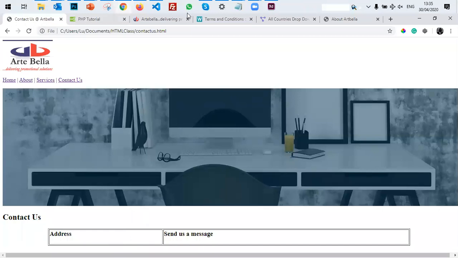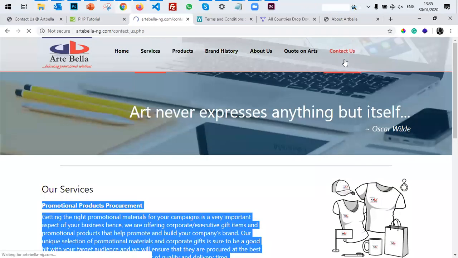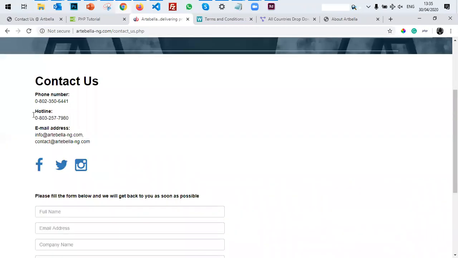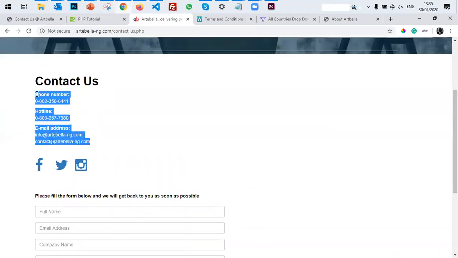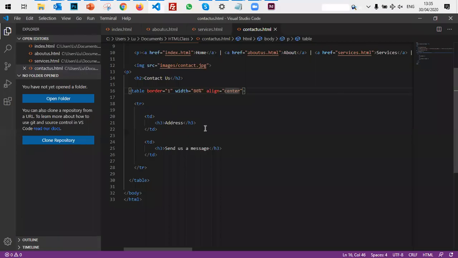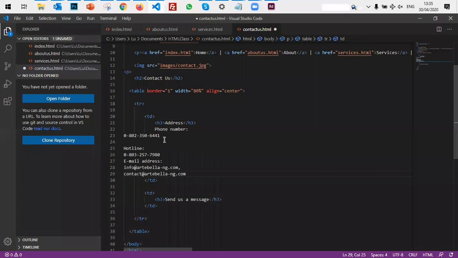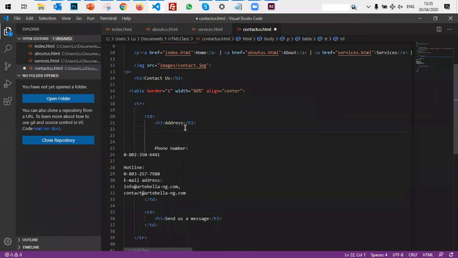So now I can quickly create my address. Let me just go and copy contact address here. So I can say phone number. So all these ones are icons. We can pick up icons from Fiverr icons and bring in the images like we did in our, what do you call it? Other training. So I can say address is 19 Oni Street,